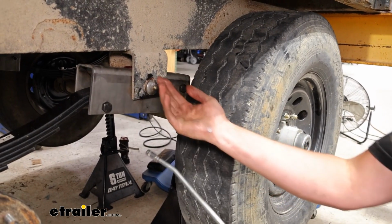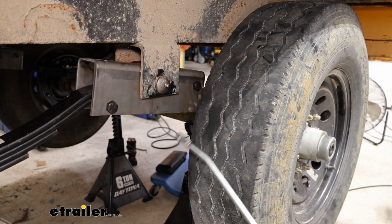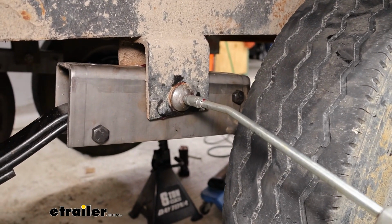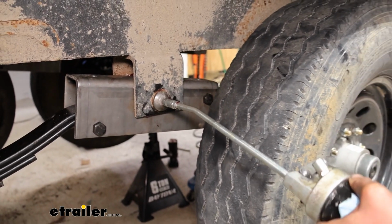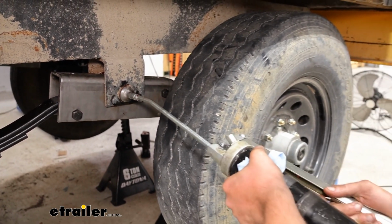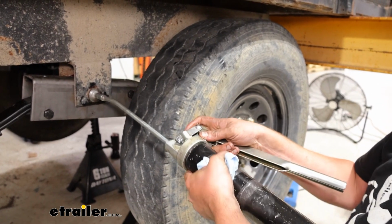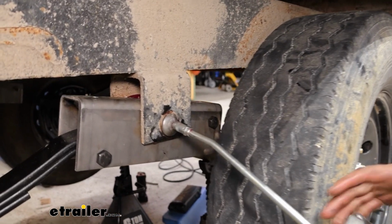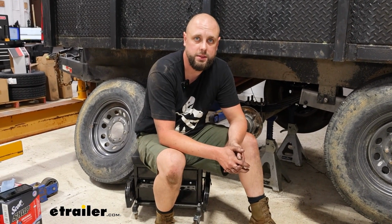And once we've got the castle nut tightened down and the cotter pin through it and pushed out of the way, we're going to come on the front side here and just give this enough grease that you'll be able to see on the back side that the grease is oozing out of the bushing. And that'll conclude the look at and installation of our